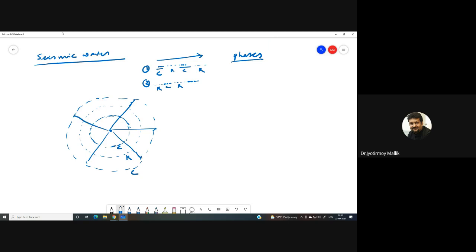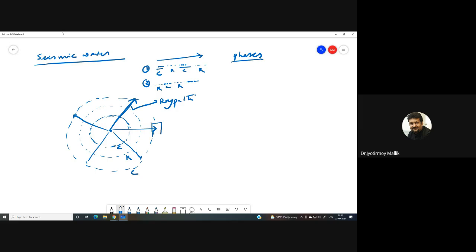Now, working with wavefronts can often be challenging. So instead of thinking in terms of wavefronts, we generally think about ray paths. These are called ray paths, and this is the direction of the propagation of the wave. Okay, the ray path signifies the direction of propagation of the wave, and at a particular place, the wave front must be perpendicular to the ray path.